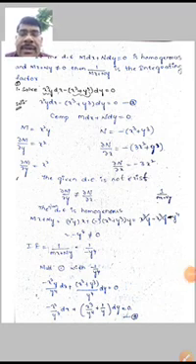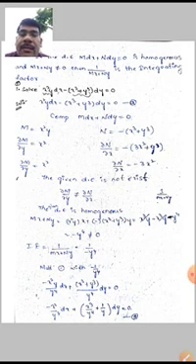Application: solve the differential equation x square y dx minus (x cube plus y cube) dy is equal to 0. Here in this first order differential equation, each term has third degree, therefore this is a homogeneous differential equation. Now we compare with M(x,y) dx plus N(x,y) dy equal to 0. Here M is x square y, N is equal to minus (x cube plus y cube).